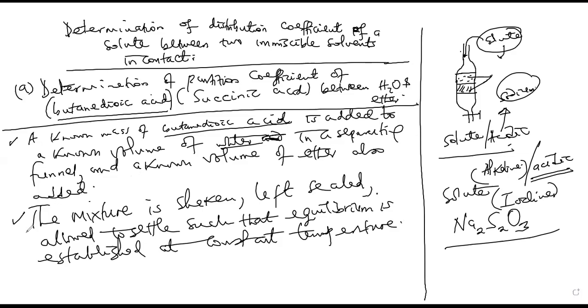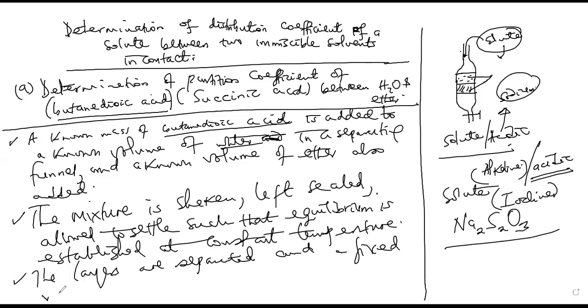Now, the layers are separated, and a fixed volume of the aqueous layer, that is the water layer, is pipetted